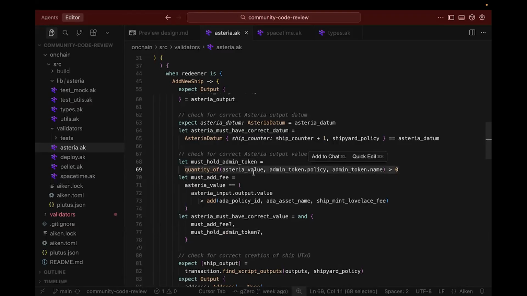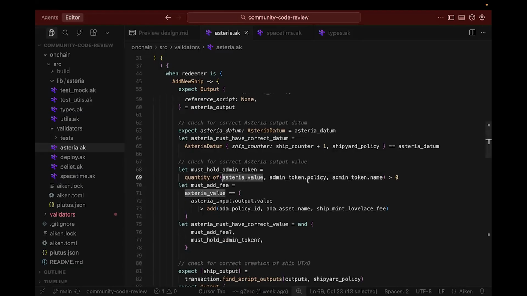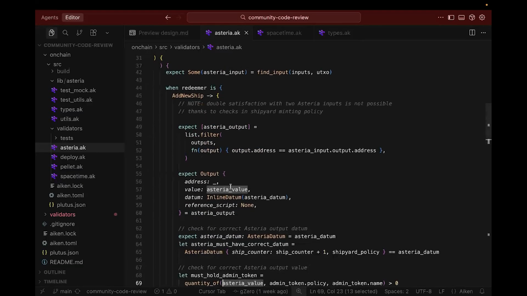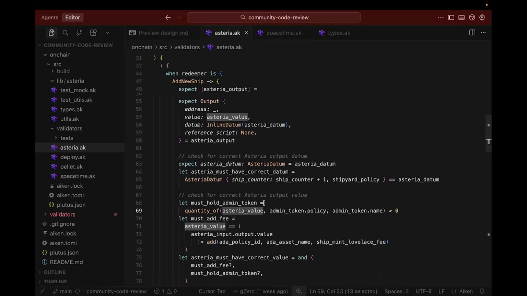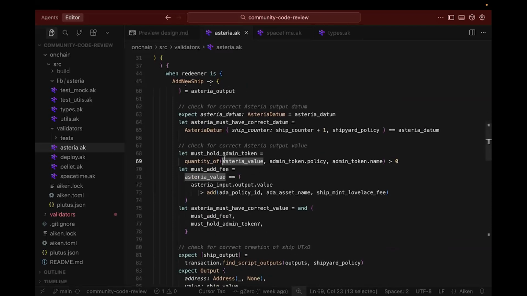this Asteria value. Where did we get Asteria value from? It's going to be up there in the output. Of course, because we're working with the output. So this is working with that output part. They are just saying in that Asteria value, make sure there are one or more admin tokens. And we looked this up in the documentation,